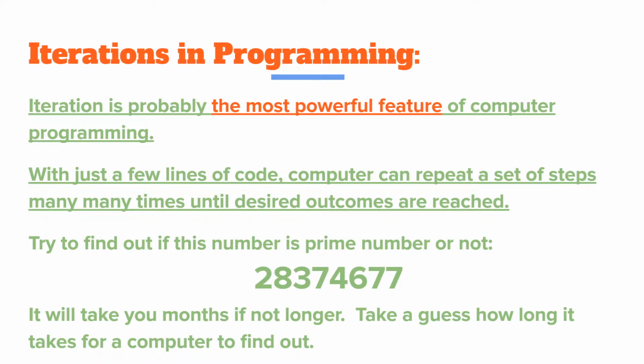So, essentially, in order for us to find out if this huge number over here is a prime number, we would need to take every single prime number that's less than half of it and make sure it's not divisible. Now, this would take a very, very long time for any human to calculate, as this number is like 28 million, right? But for a computer, all you need to do is write like 3 lines of code,